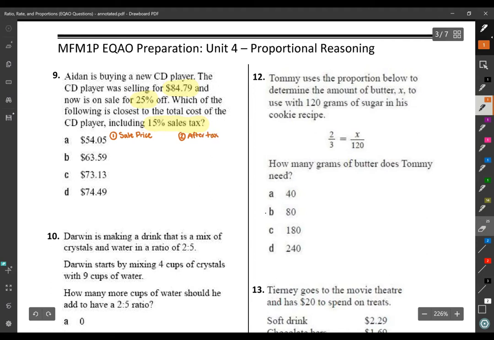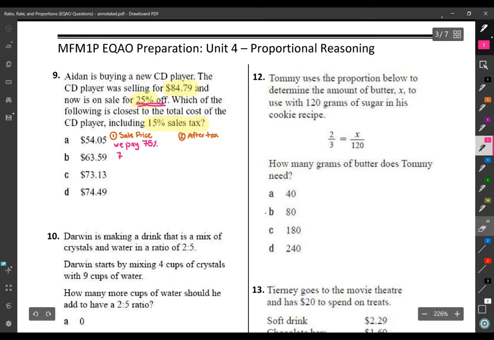Okay, so the first step, finding the sale price. Well, first of all, we know that we're saving 25%. So if we're saving 25%, that means we pay 75%. And how did I get 75? Well, I did 100% minus 25. And that's 75%. So in order to find the sale price, I just have to set up a proportion